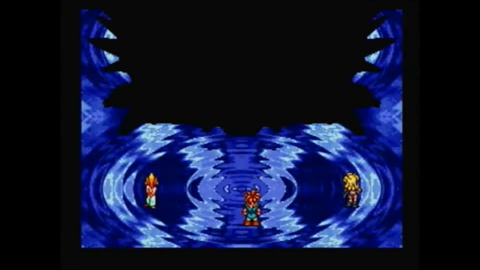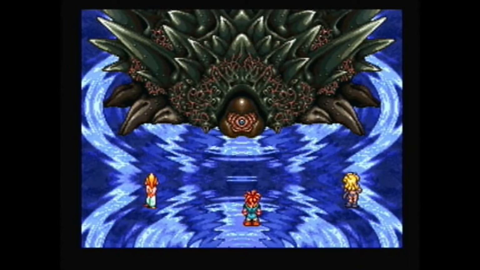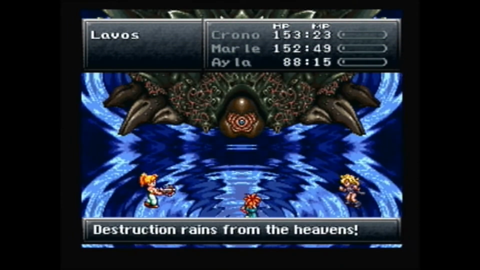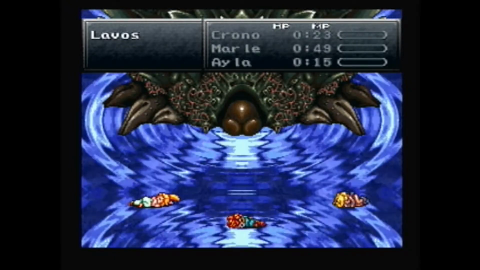So, I don't know. Kind of clueless, I think, when it comes to some of the storyline aspects, but apparently Lavos was summoned by the Mammon Machine, or the Mammon Machine was drawing energy from Lavos. But anyways, so